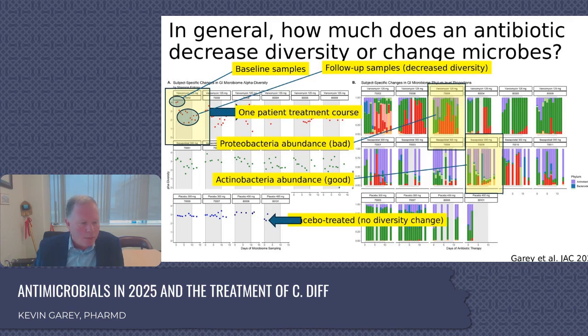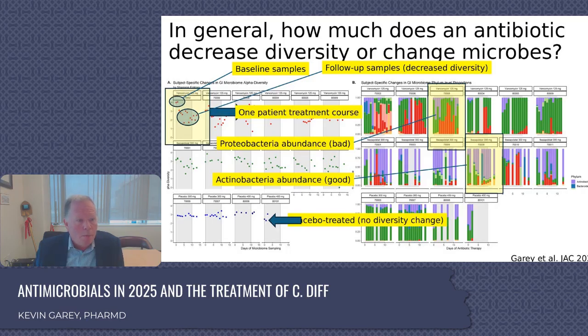So look at the very bottom left to begin with, and it says placebo 300 milligrams, patient 70,005. We'll just call that patient 5. And then you see the blue lines going across. The first two dots are the baseline, and you see the baseline diversity of organisms doesn't change if you're not on an antibiotic.